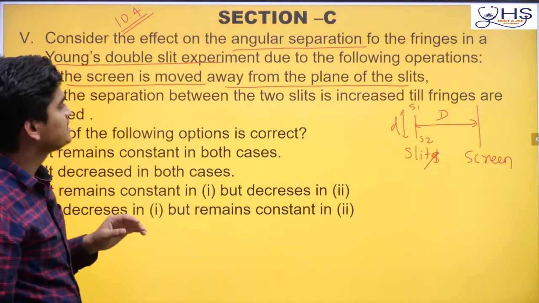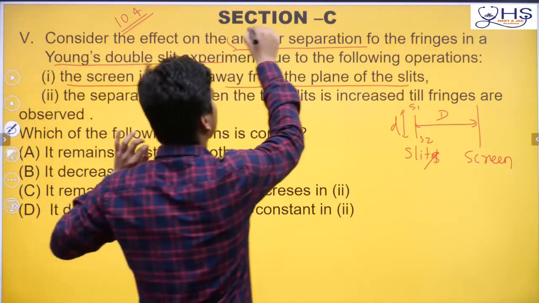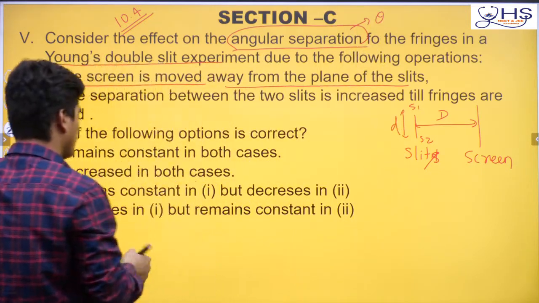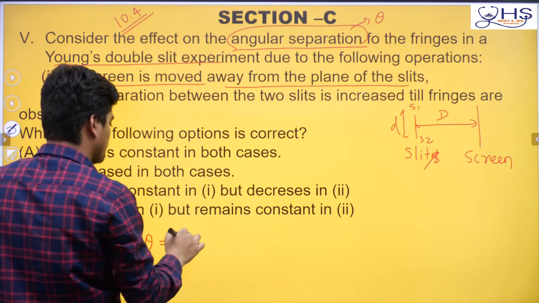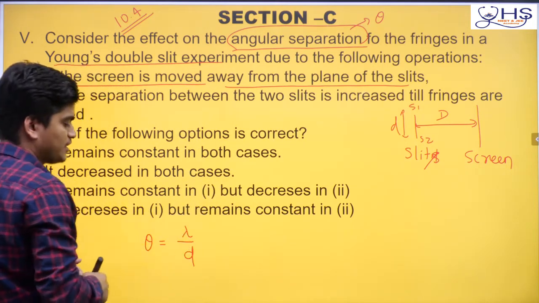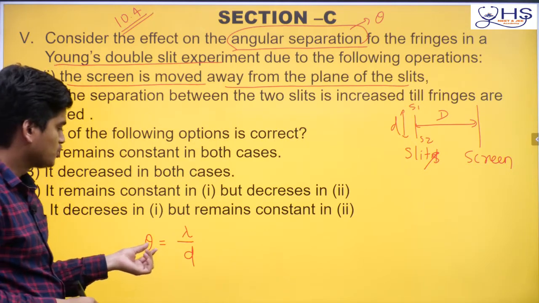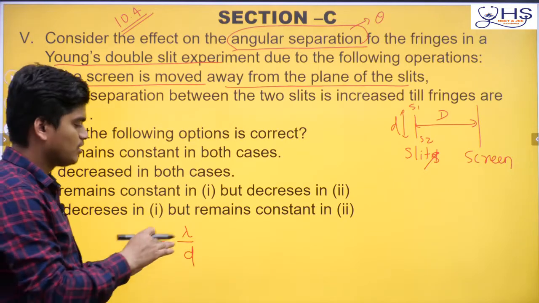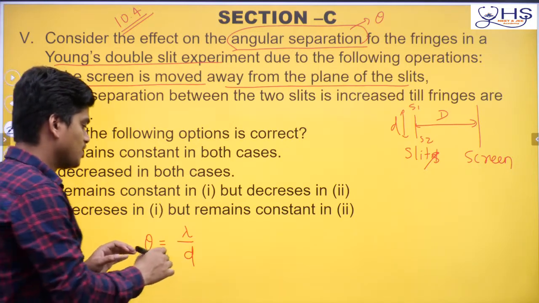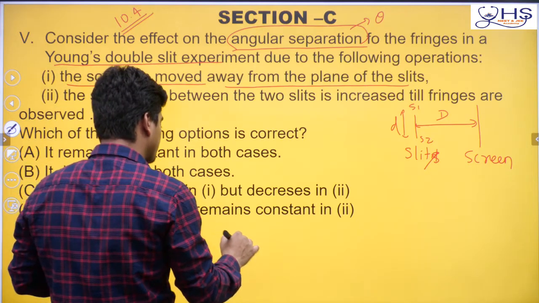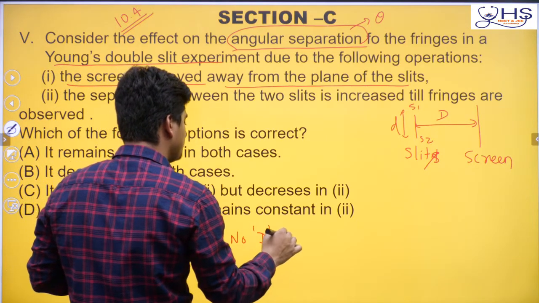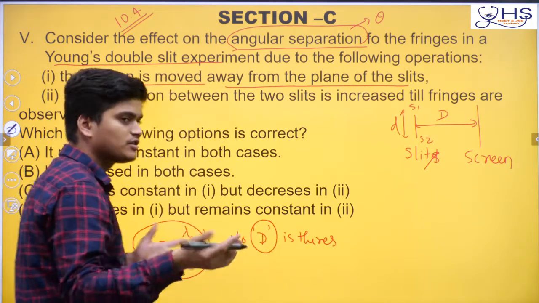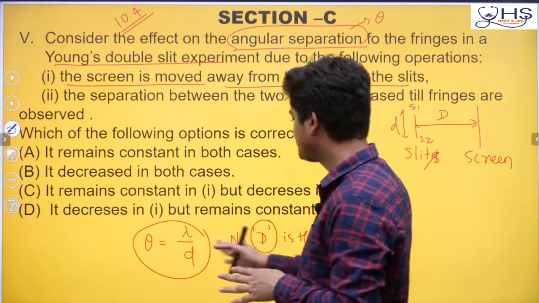So if capital D is increasing, what will happen to the angular separation? What is angular separation? That is theta basically. Let me write here, theta equals nothing but lambda by d. You can understand it this way, theta at the nth position, theta equals lambda by d. Normally I am telling you can take n lambda by d for bright or for dark you can take the condition, but theta is lambda by d. So here there is no capital D dependence. No D is there, which means whatever happens to D, this theta does not change.